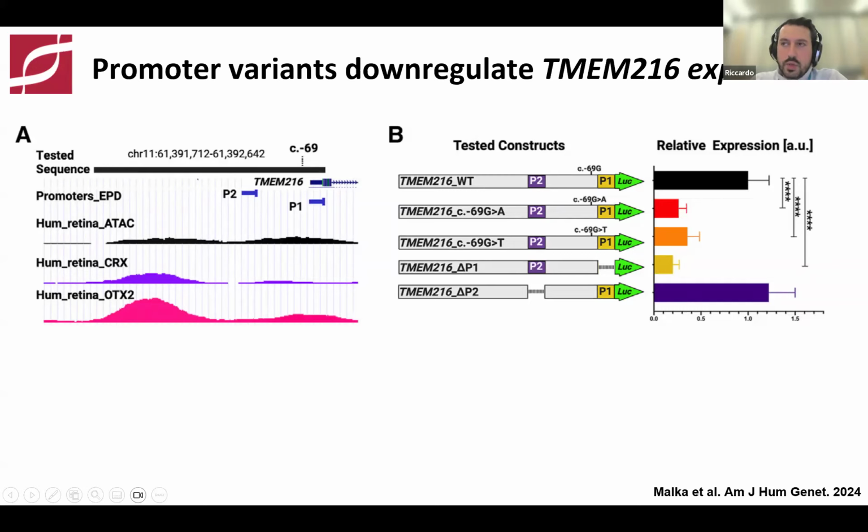So in conclusion, by just observing the frequencies of non-coding VUSs that were by the promoter and comparing to the distribution of unaffected patients in the general population, we were able to actually validate two promoter non-coding regulatory variants that result in a lower expression of the TMEM